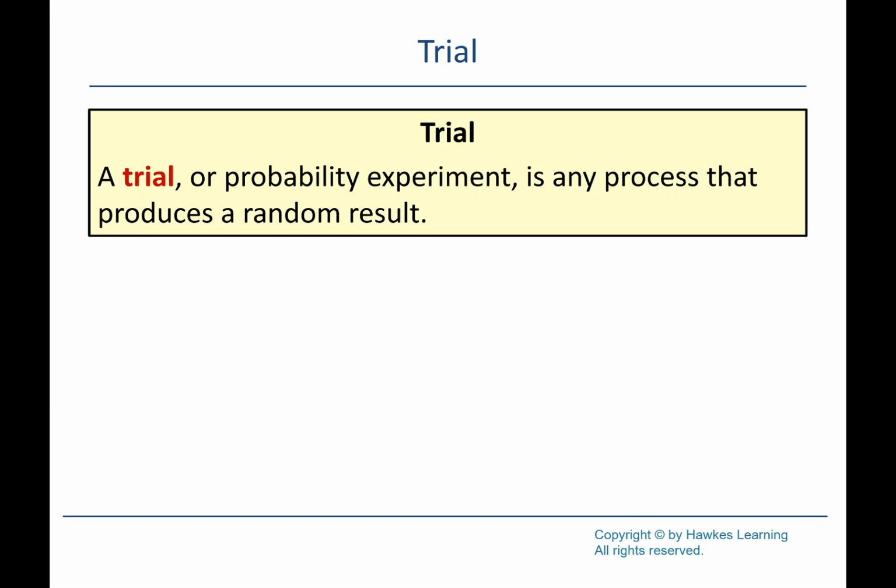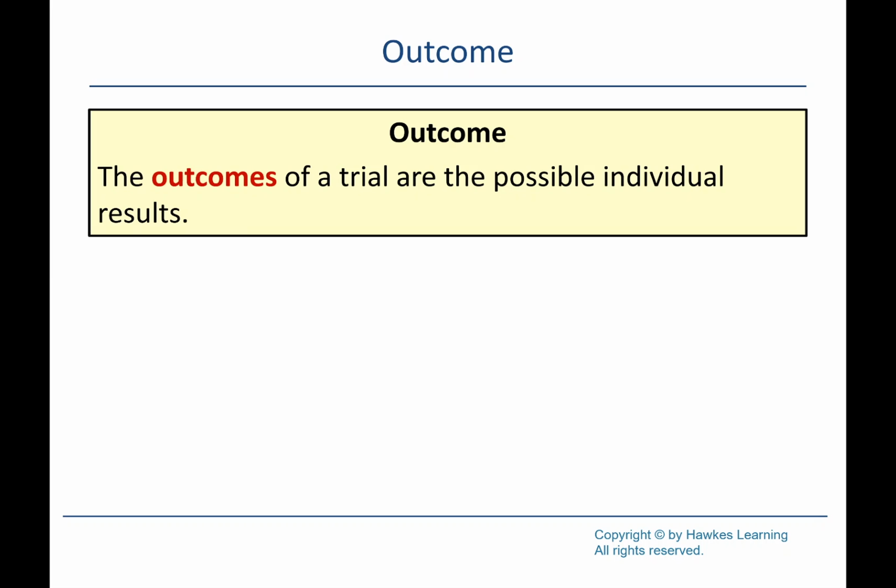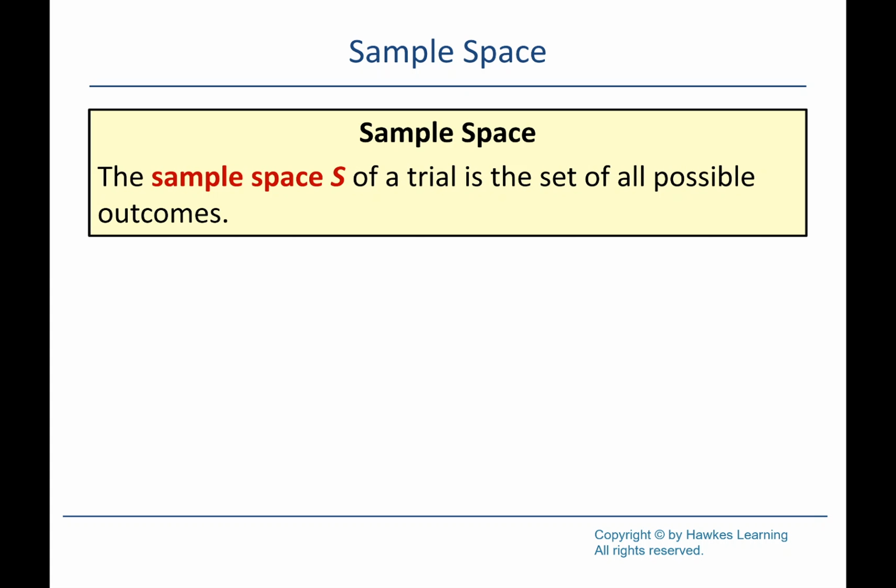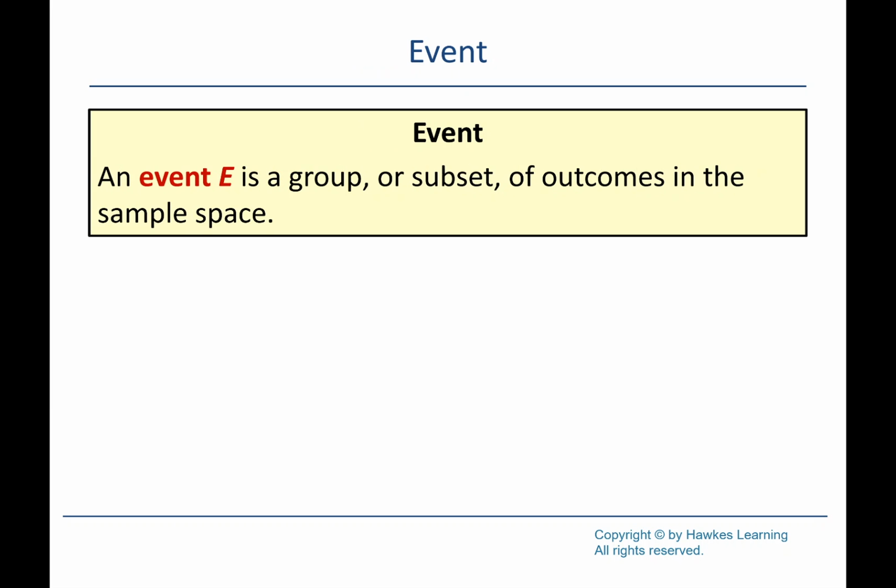And then the outcomes, that's the name we give to the individual results we can get. So when we do our probability experiment of flipping a coin, then we have 2 outcomes, heads or tails. And then if we list all the possible outcomes, we get a sample space. We've got one more term here that we haven't talked about yet. That's what we call an event.